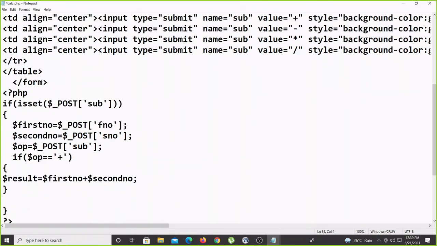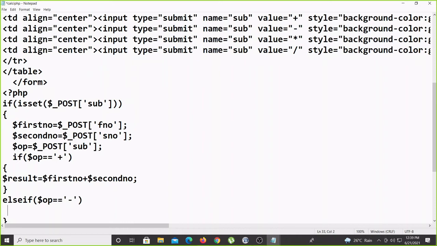Else if. Otherwise, if you want, you can use all four as ifs only: if this is there, this operation; if this is there, this operation. Otherwise else if also. So else if $op equal to minus.